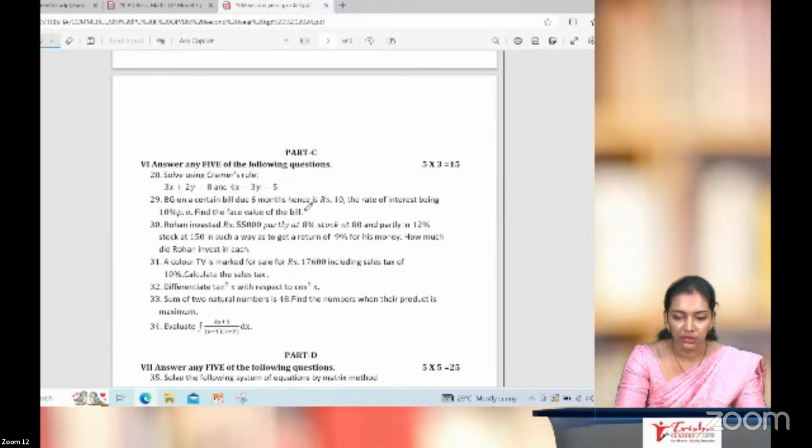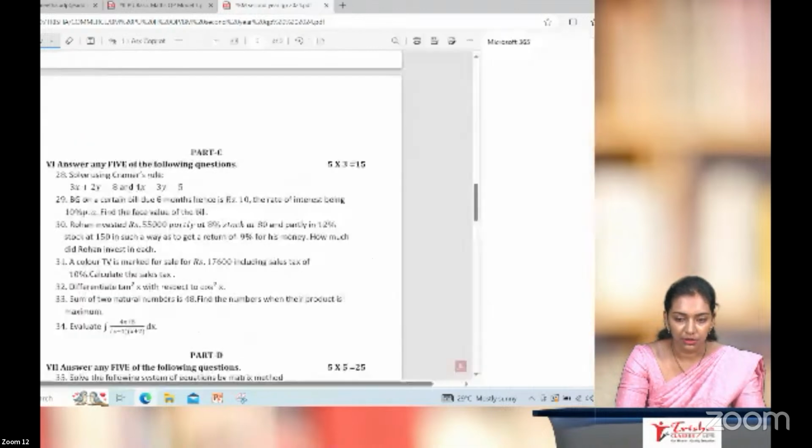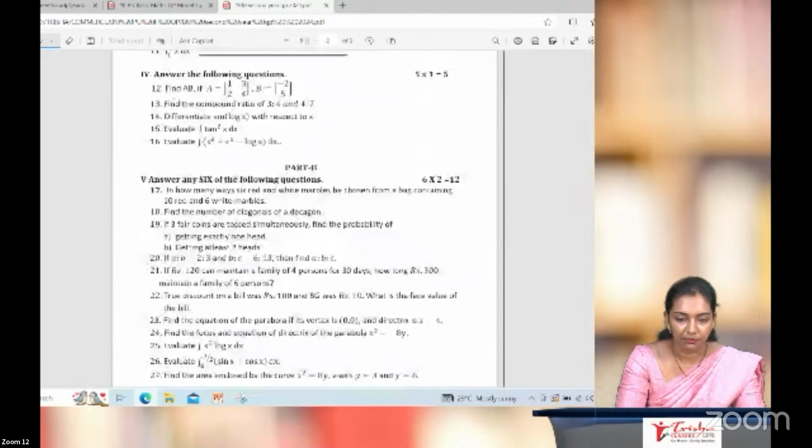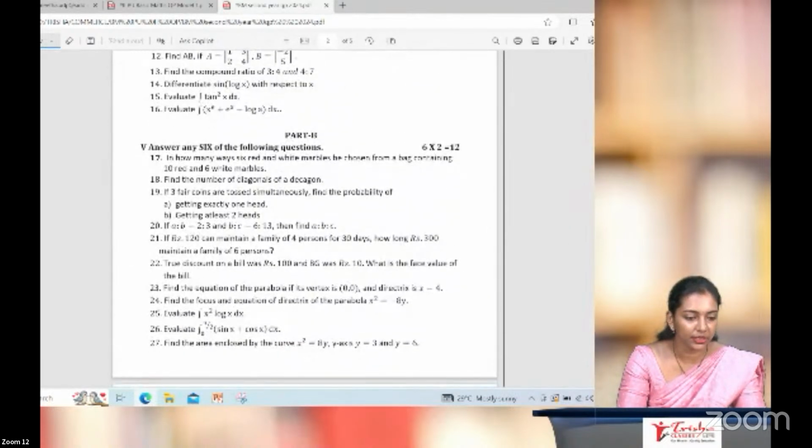Next, going to the part B questions. Part B, 17th, 18th, 19th, will be from your permutation combination and probability questions. And the 20th. The main things are ratio, proportion, probability, and permutation combination. These 3 chapters, note down, please. You can find only 1 to 2 marks questions. That's it. So 5 marks questions you can actually avoid, though not totally avoid, because they may